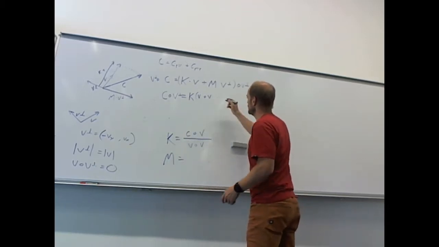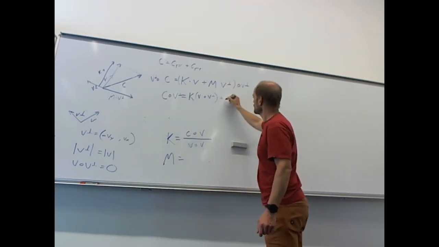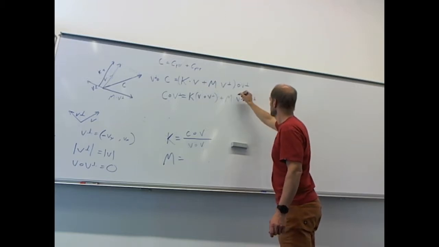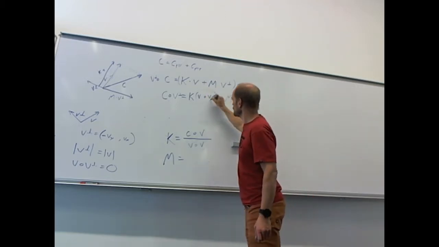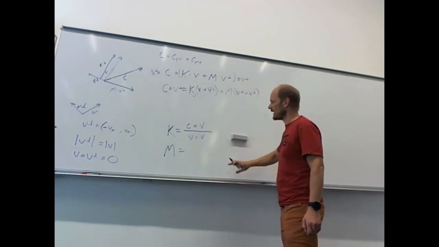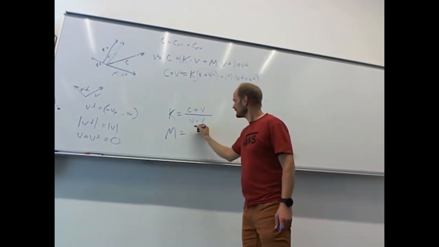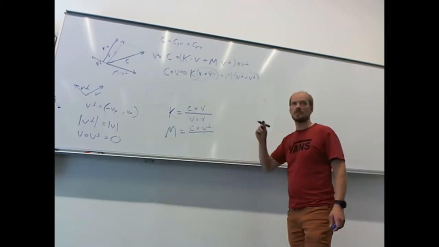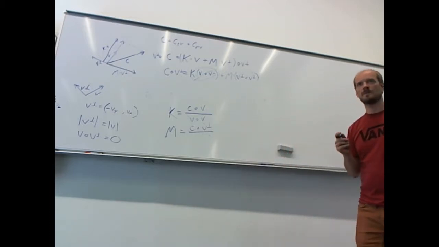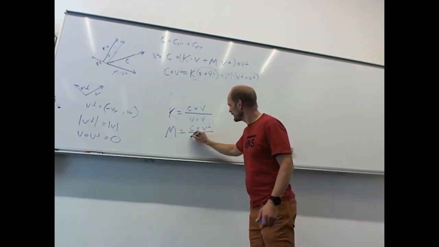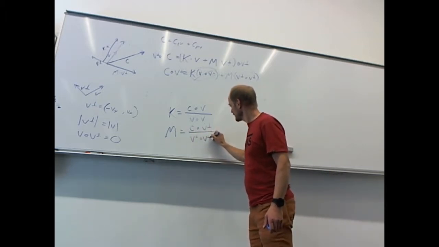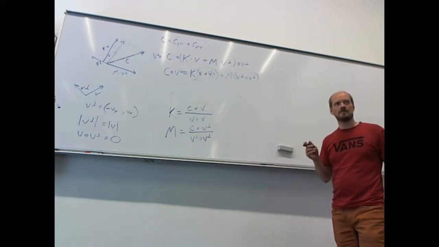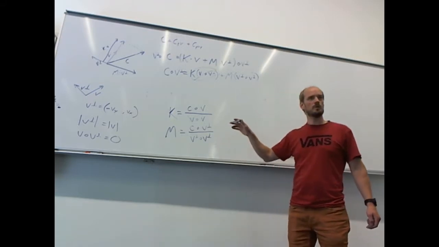So then I have here k times v dot v perp plus m times v perp dot v perp. Fine, so v dot v perp is 0, we lose this, and then what does m equal? C dot v perp divided by what? V perp dot v perp, which is also the length of v perp to the power of 2, which is also,